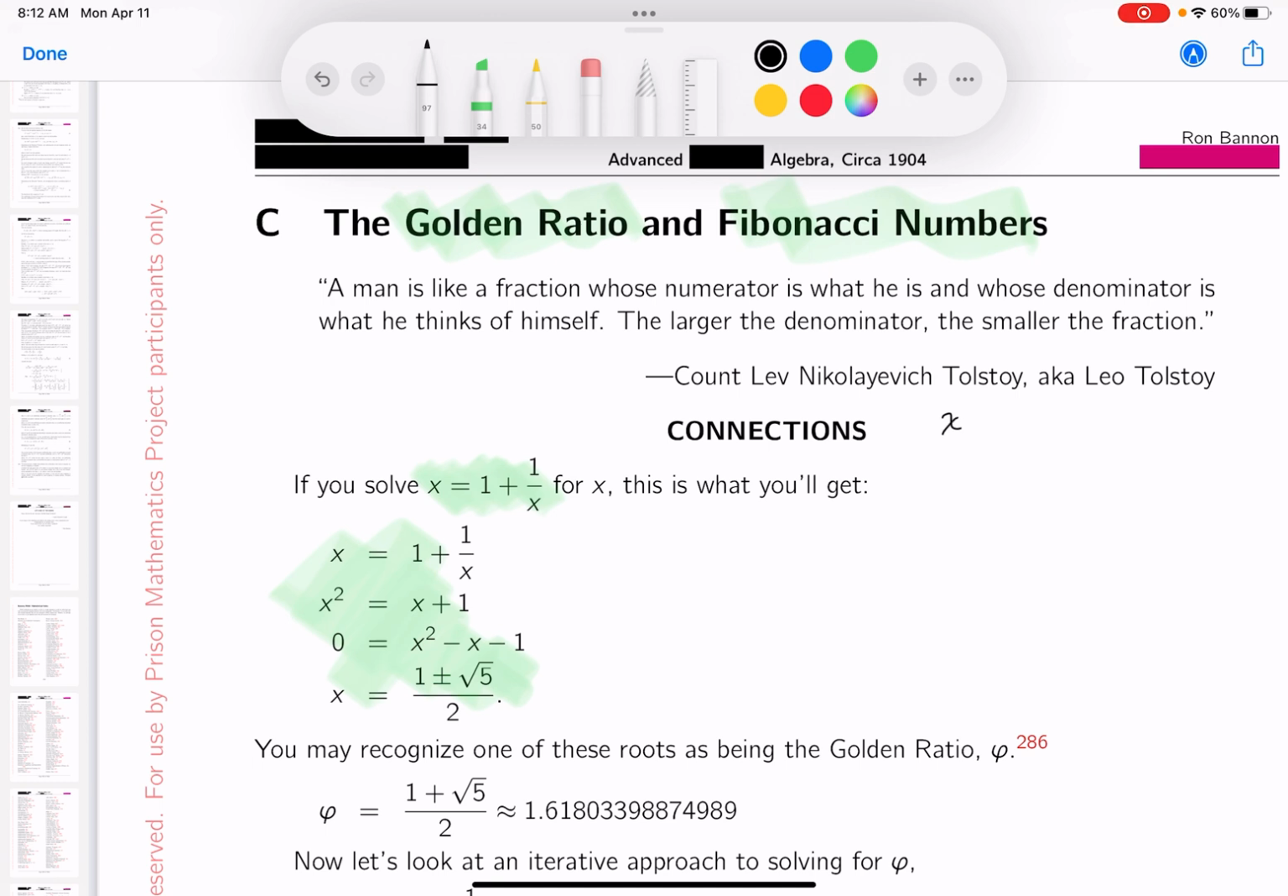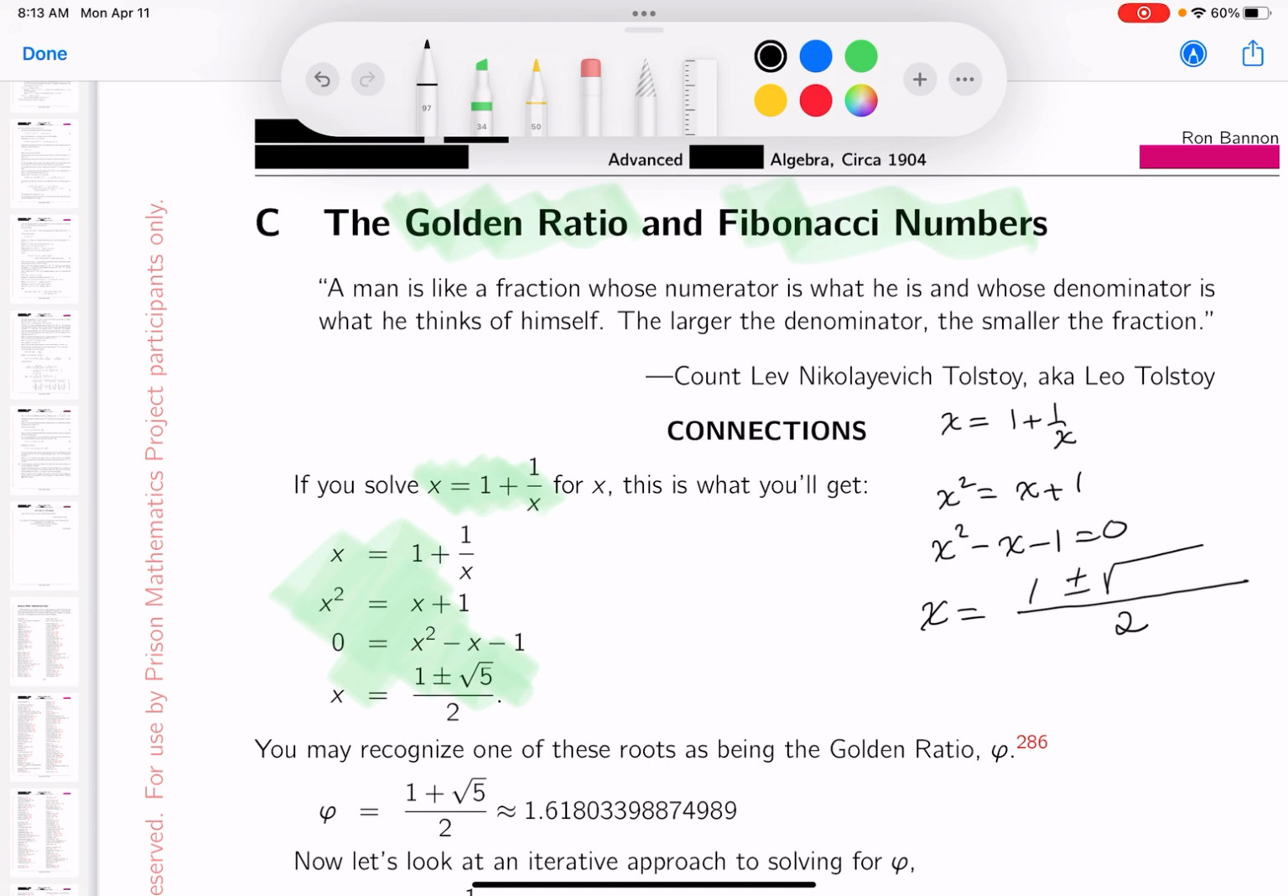Well, I'd have x equals 1 plus 1 over x. I would multiply both sides by x. You get x squared equals x plus 1. That's quadratic in form. I would solve for 0, and use the quadratic formula. x equals, what goes on the bottom is twice the coefficient of the square term, which is 2. Then the top is going to be the opposite of the coefficient on the linear term, which would be 1, plus